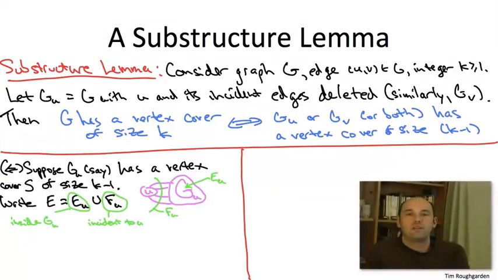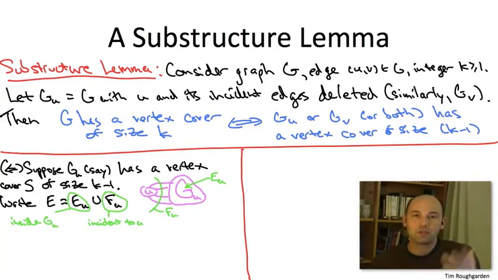So let's call this set of K-1 vertices that's a vertex cover in G_U, let's call it capital S. What does it mean to be a vertex cover? It means you include at least one endpoint of every edge. So S, by virtue of being a vertex cover for G_U, means for every edge of E_U, that is every edge of the original graph neither of whose endpoints is U, S contains at least one of the endpoints. So if we think about capital S in the original graph capital G, the only edges that it's missing are those of F_U,